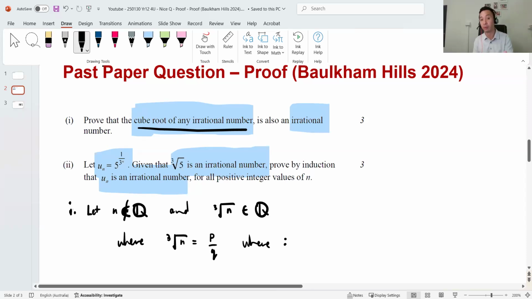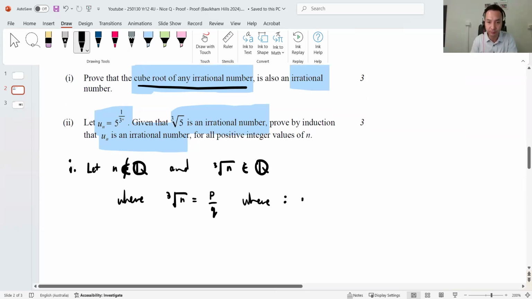Remember, every time we go rational, it should be pretty automatic, very textbook: two bullet points. First, p and q are integers, and p and q